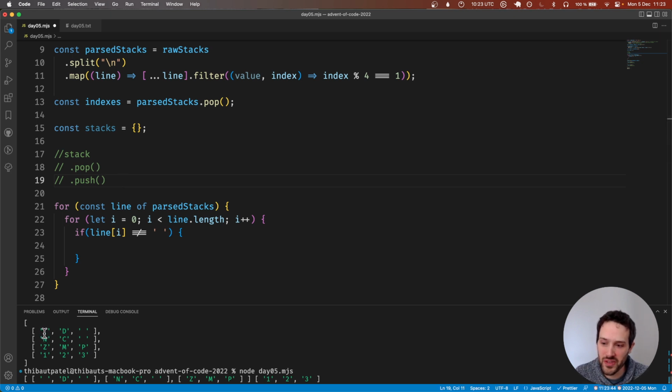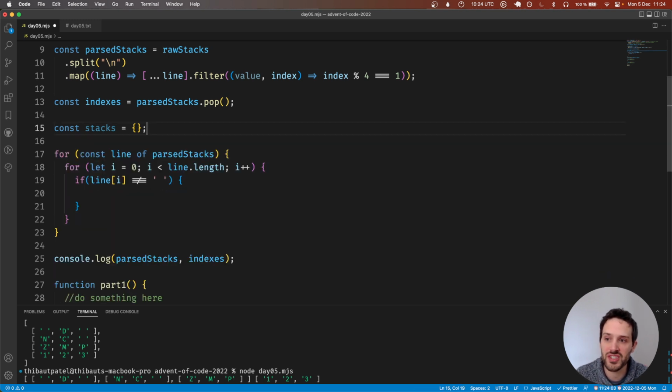Basically, if I show you what's happening for the first stack here, we push n on top of the stack, then we push z on top of the stack, or we could reverse the stack at the end. That's also an option. But what I want to do is we're going to use shift, which is an option to put something at the bottom of the stack, which is a bit weird, but yeah, that works. So here we know we need to add line i to the stack